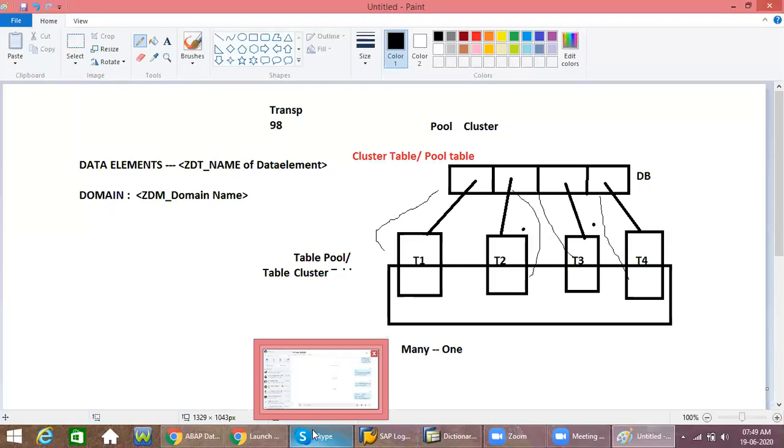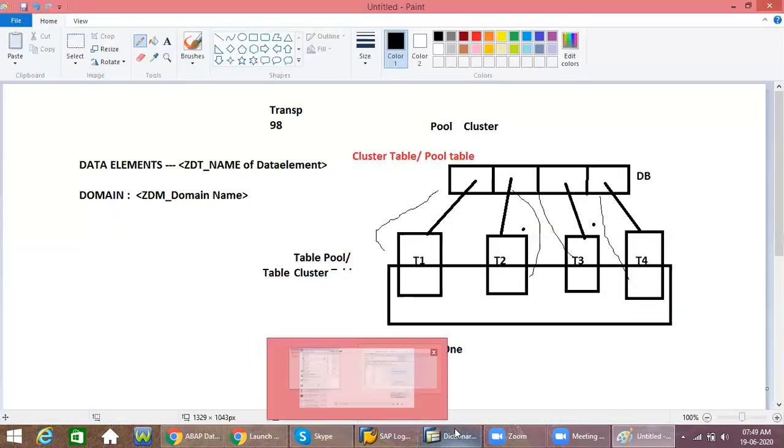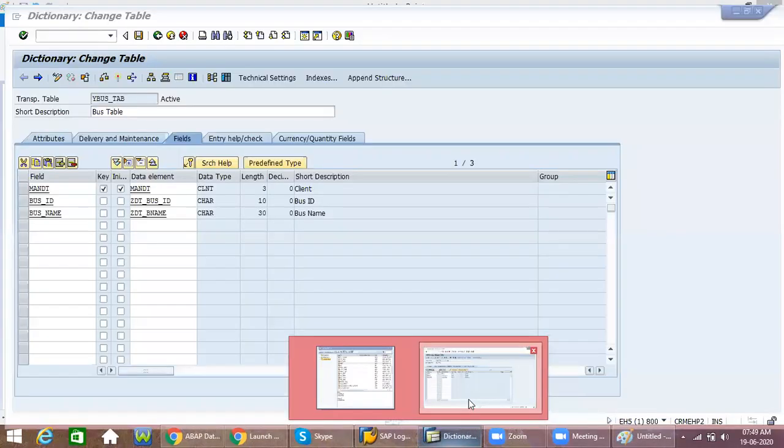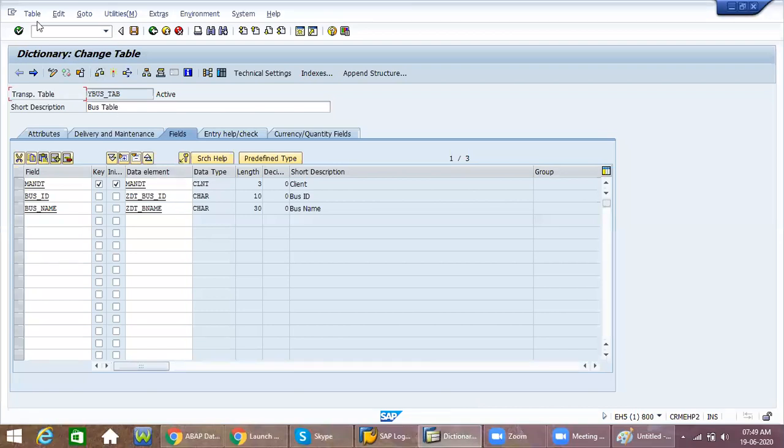Now we will first create a pool table. Put side heading: steps to create a pool table.